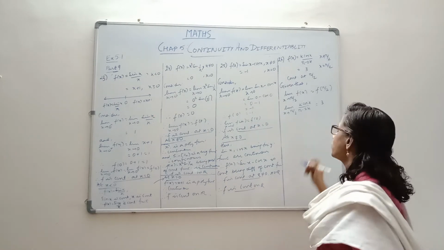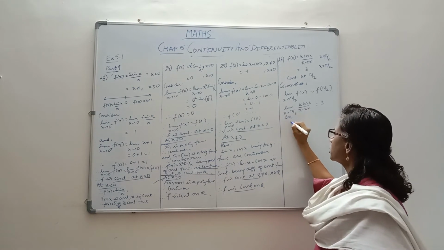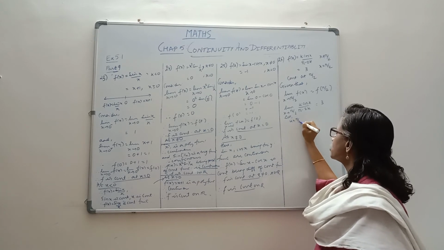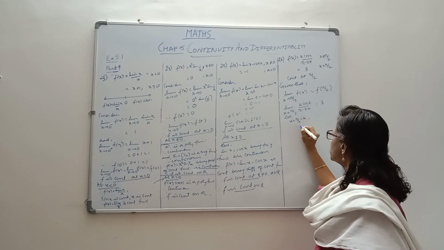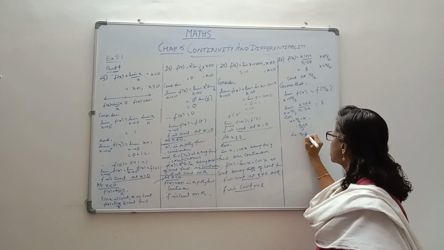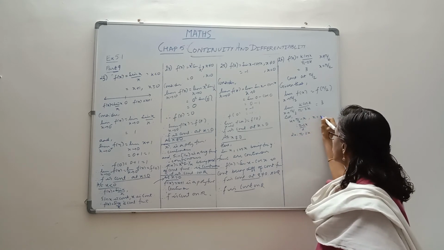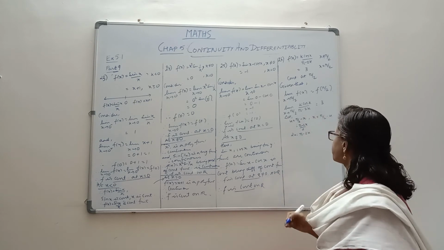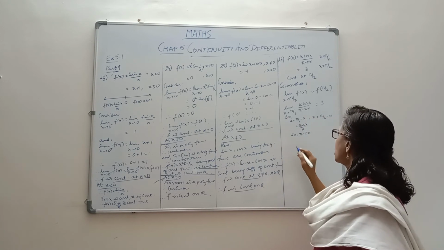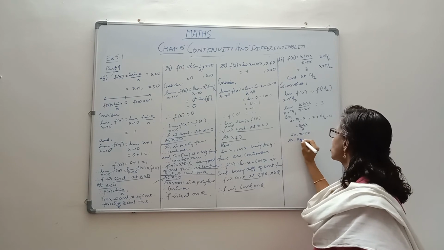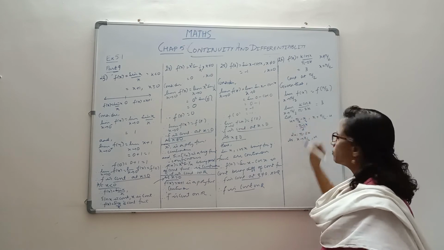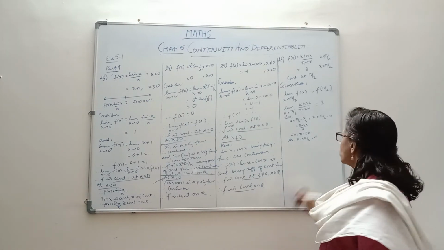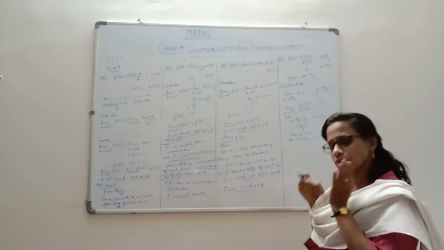So in order to get rid of this situation, we will make a substitution u as pi by 2 minus x. There are several repercussions to this. This means that u is pi minus 2x by 2, or that 2u is pi minus 2x. It also means that x equals pi by 2 minus u. Any of these we will require. Also, as x goes to pi by 2, what happens to u? X goes to pi by 2 means very close to pi by 2, almost pi by 2. So u will go to 0, not exactly 0 but very close to 0.